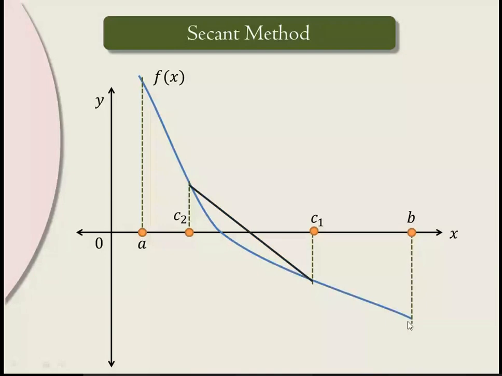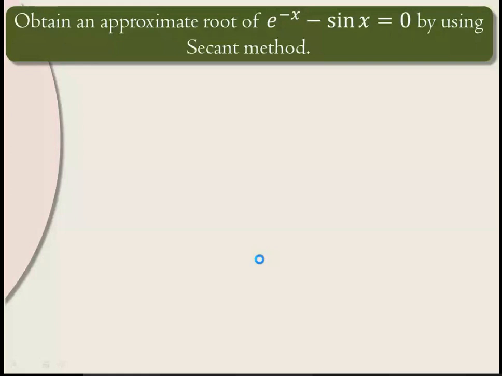Where it intersects, whatever point we get, suppose C3, then draw the line joining these two points. So every time, firstly we draw the line between the first two points, then whatever new point we get, we draw the line with this point and this point. Then wherever it intersects, we get a new point, draw the line, take the new two points, then again simplify it. Like that we have to continue, and ultimately we can reach that point of intersection.